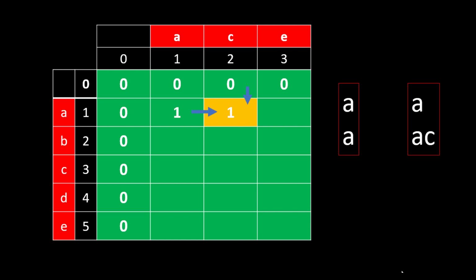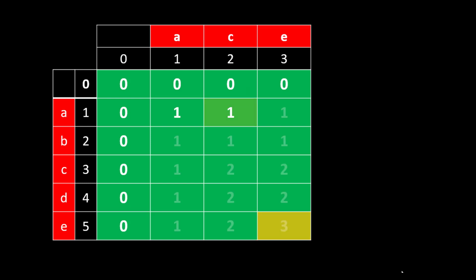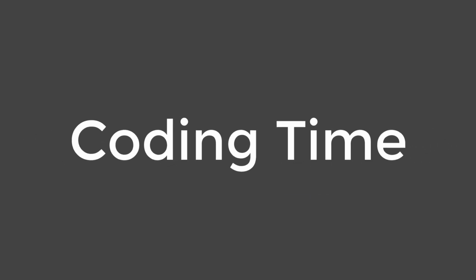This is similar to what we were doing when the characters were not equal. In that case, we had two choices: either we increment the index of the first string or the index of the second string. Going by this fashion, when we fill up this matrix, at the end cell we get our result, and hence we return that result. Now let's jump on to the coding part.